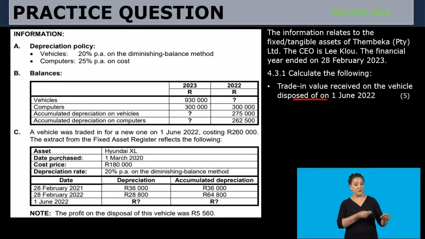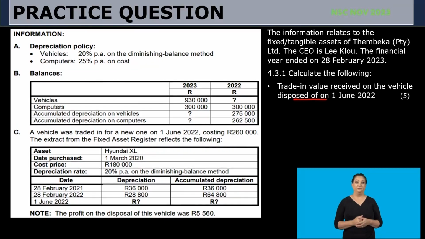Remember here, it was a trade-in. Okay, so when we did the trade-in, what was the carrying value of this asset? So in other words, we want to get the carrying value on the date of disposal. To do that, we will now say, this vehicle had a cost price. Its cost